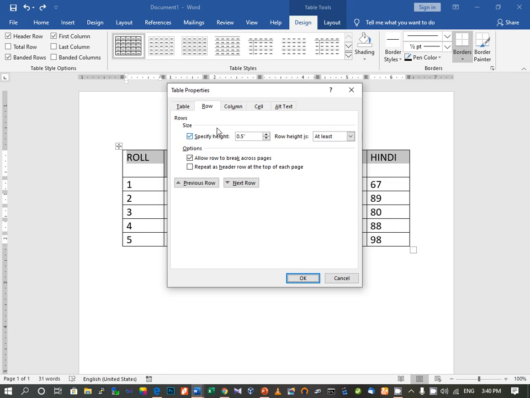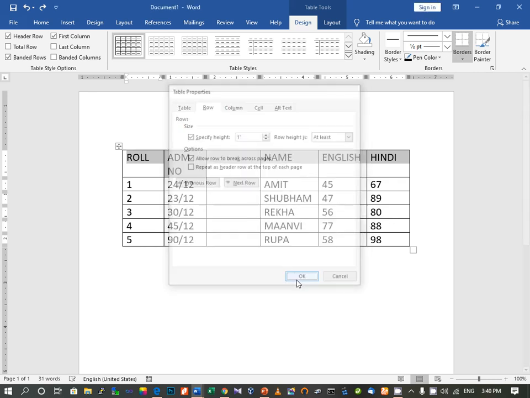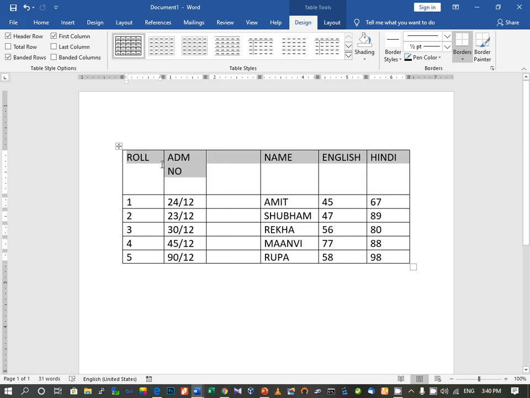Scroll up if you want to make it more, or if you want to make it less you have to click on this down arrow button. So if I want to increase, here I am increasing, and when I press OK, you can see that the row height has been changed.